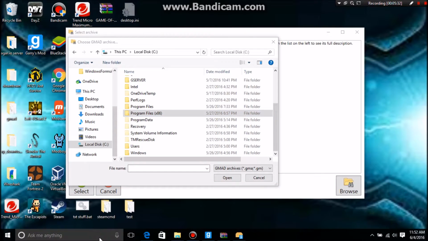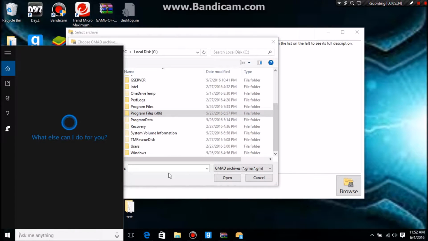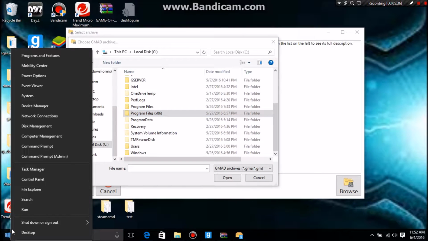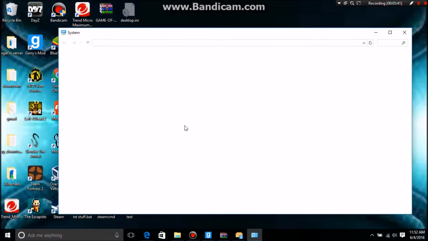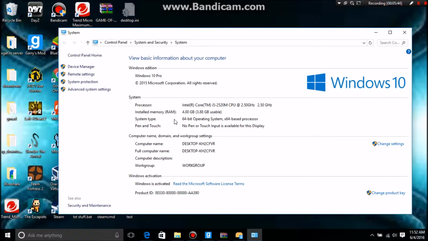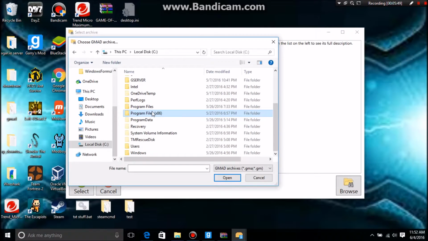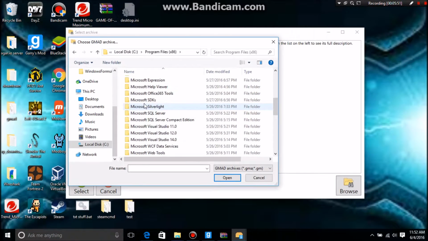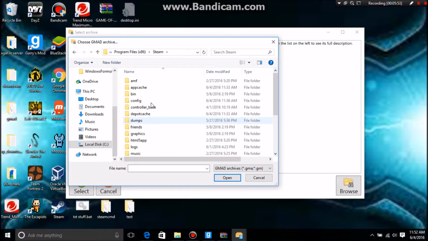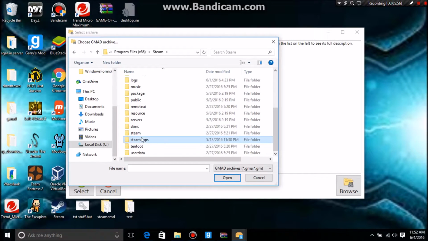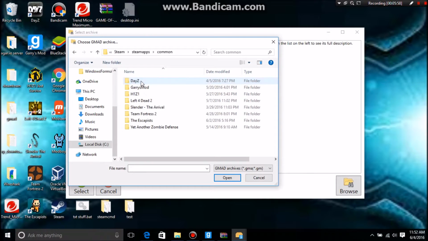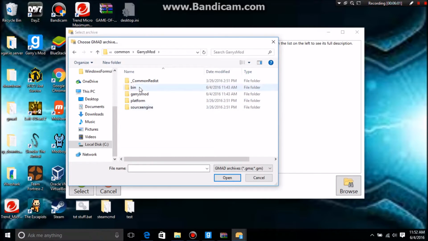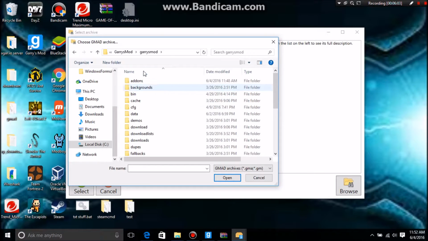To figure that out, we'll go right here and right click on this, click system, and it'll say system type, and mine's 64-bit, so this means we go to program files x86 and look for Steam, then steamapps, then common, Garry's Mod, then Garry's Mod, and we'll just go to add-ons.